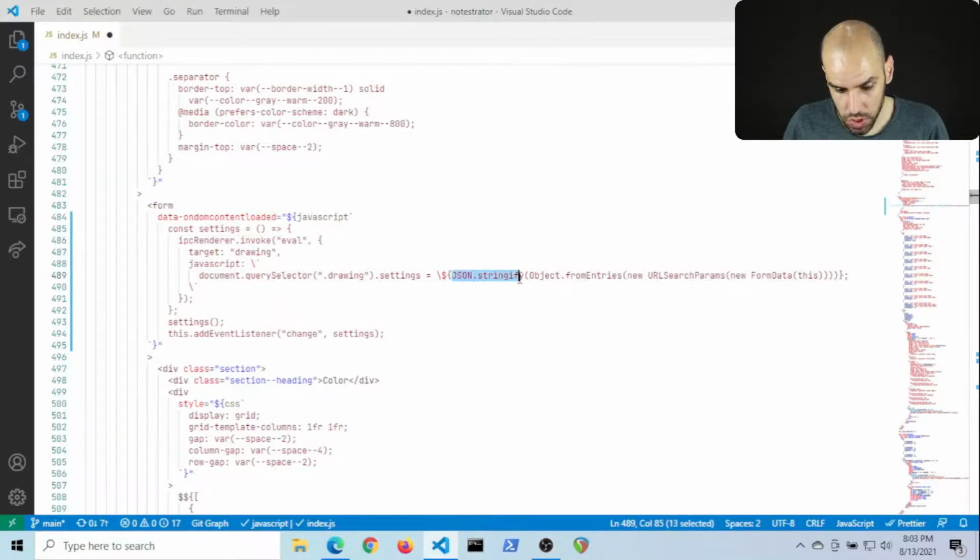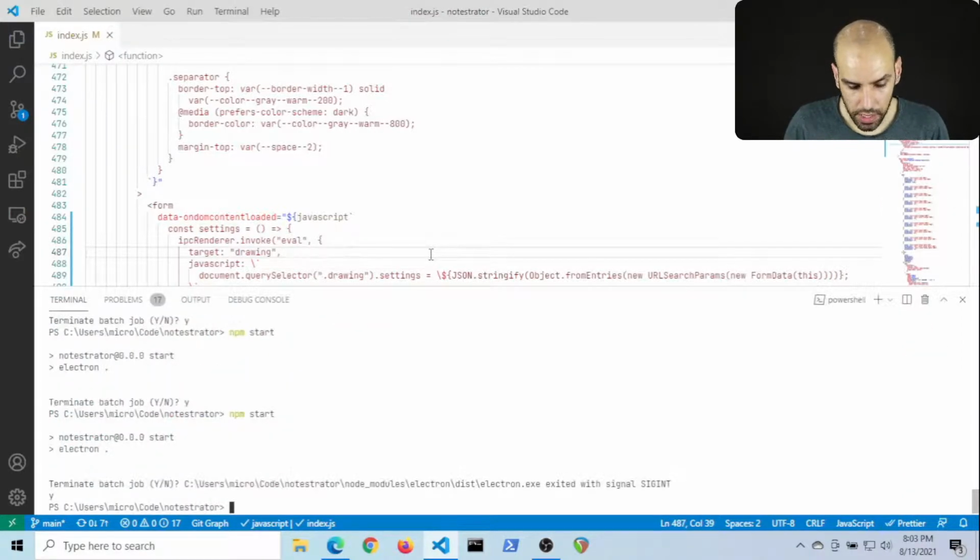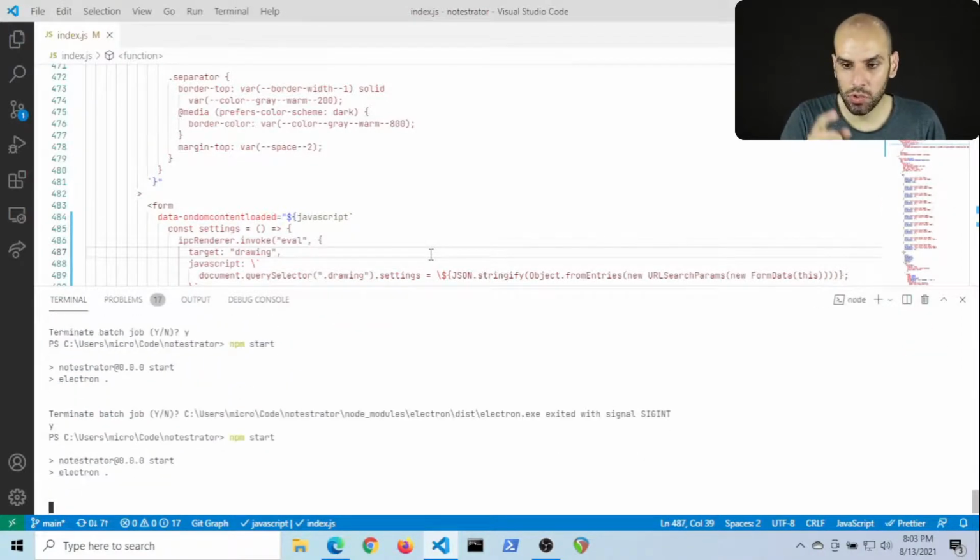And then I JSON stringify my form, which has all my settings, and I send that. This JSON stringify will produce a string that represents this object. So I have effectively serialized this object, and then I assign it to settings. If this works, then my custom cursor will work again.